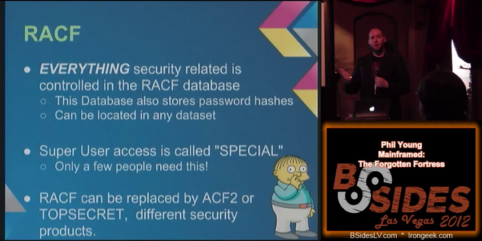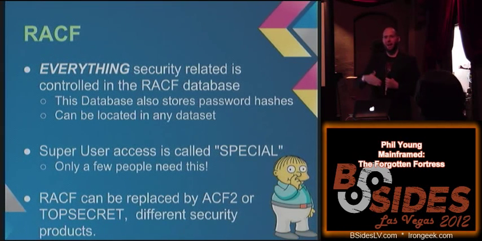RACF is one of 3 main security products that are on the mainframe right now. Top Secret is another one. ACF2 is another one. I know when I talk to people about that, it sounds weird, because security is built into operating systems. It comes as part of the package, right? That's why when I was talking about how mainframes were invented before IT security, that's what I was talking about. They had to add this on top of the operating system. Okay, that's why it's replaceable. That's why you can replace RACF with ACF2 or Top Secret. They do the same thing, they just do it differently.